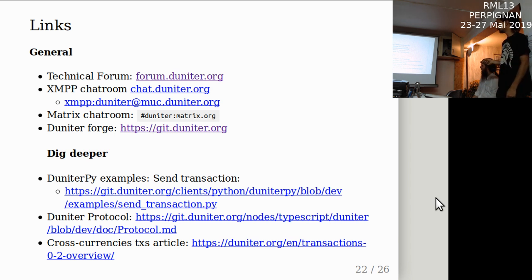Then the Juniter protocol with all the rules, everything is inside, but quite tricky and complicated. And then the previous article that I talked to you about, the cross-currency transactions, also in French, you just change here to FR and it should work.